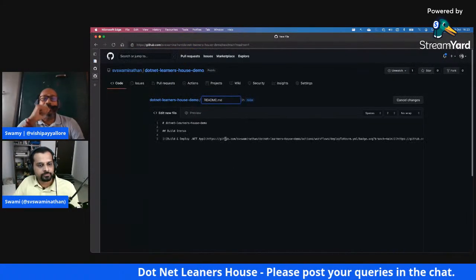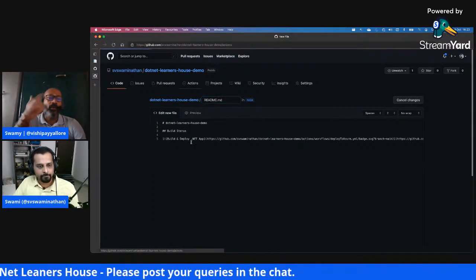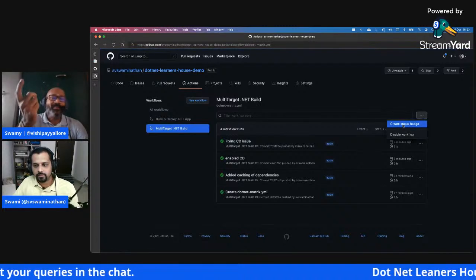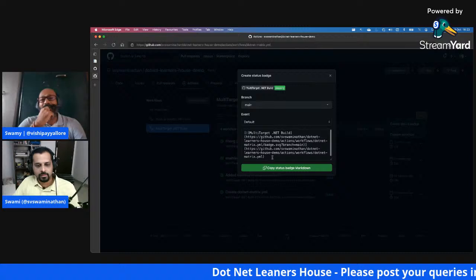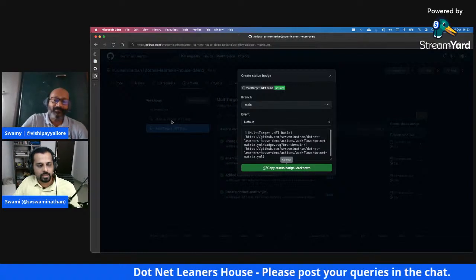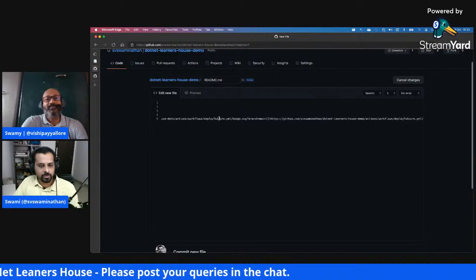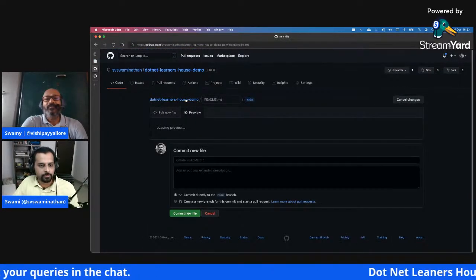So this gives a little bit of confidence for the guys who are forking it or who are trying to review or use our code. They know that, okay, this code is in a compilable state as of the last check-in. That gives a little bit of confidence. Correct, exactly. That's the use of the status badges. So you can also create multiple ones. You can put all these different badges in your README, Markdown, etc.